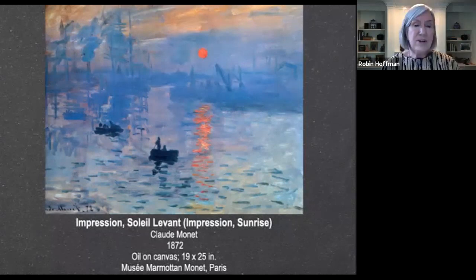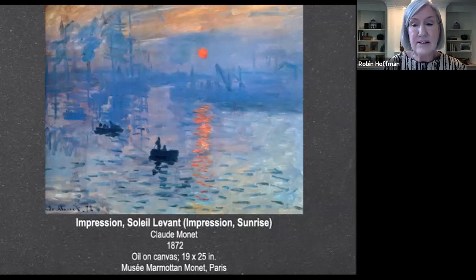Well, the term the Impressionists quickly gained favor with the public. It was also accepted by the artists themselves, even though they were a diverse group in style and temperament. They were unified primarily by their spirit of independence and rebellion. They did exhibit together with some shifting membership 8 times between 1874 and 1886.